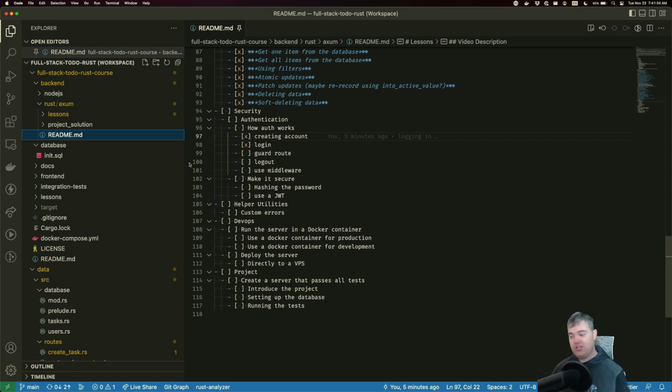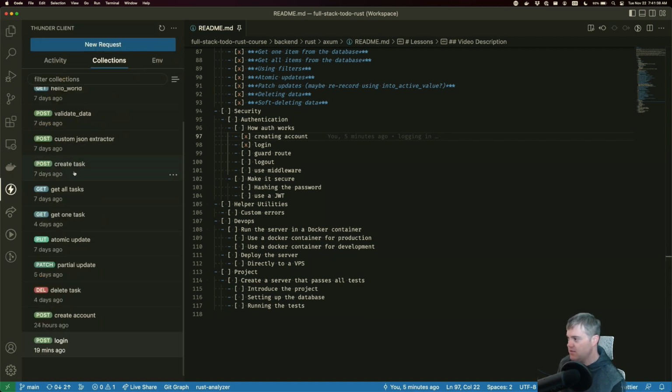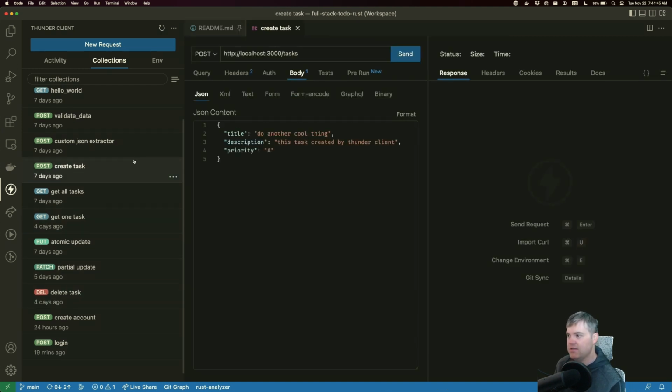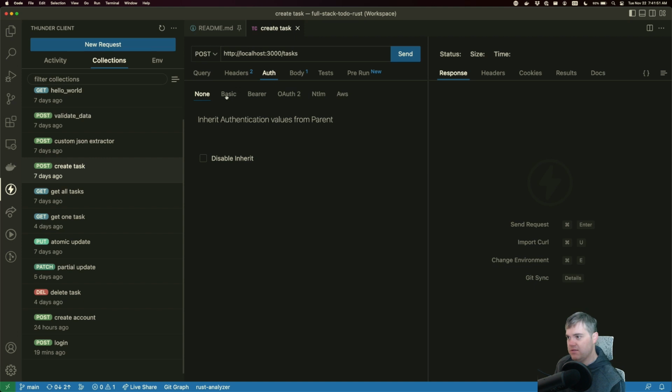Why not use an authorization header? Oh, we could. Let me see about Thunder Client. So if I go to create task, they have auth here. Basic pass that in.